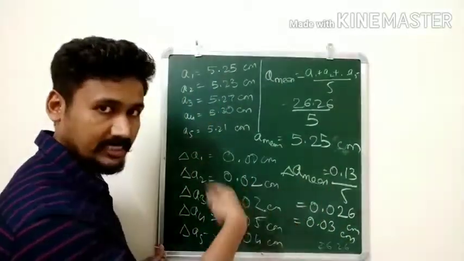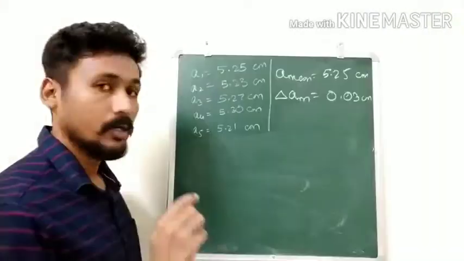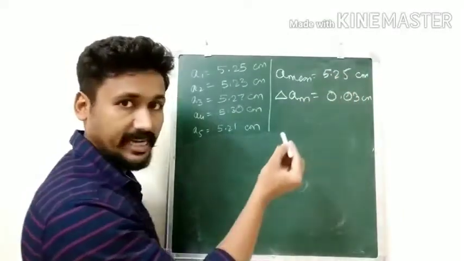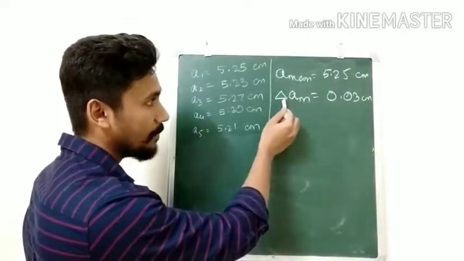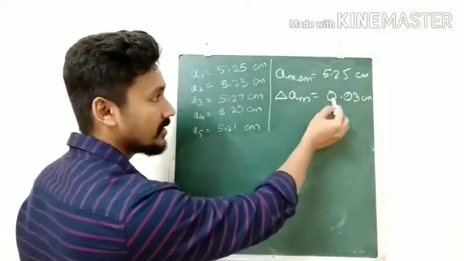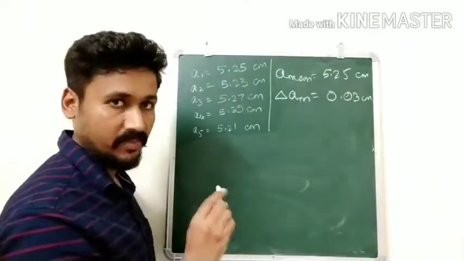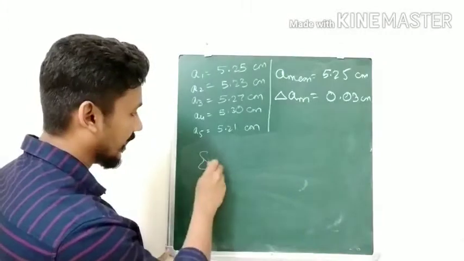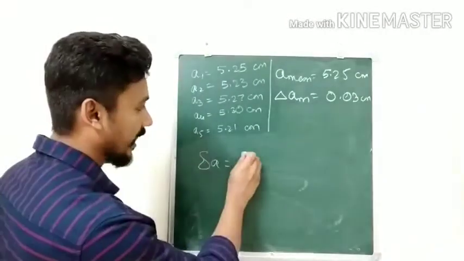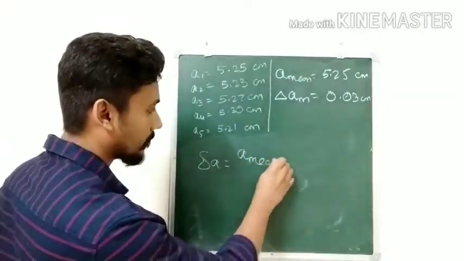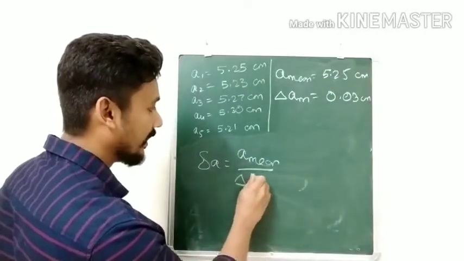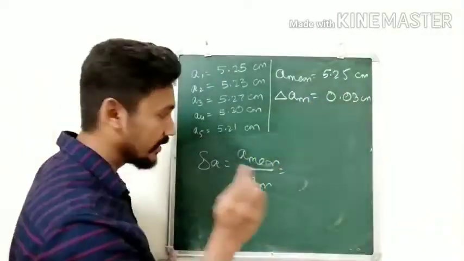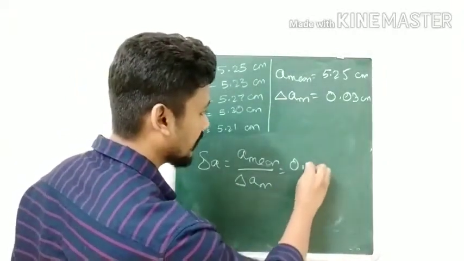Now make a note of this, then we'll see the next steps. Okay, so we have calculated the mean value is 5.25 centimeter and the mean absolute error is 0.03 centimeter. Fine. Now you can find the relative error, that is delta A. Relative error you will find as delta A mean divided by A mean. So that will be equal to 0.03 divided by 5.25. If you calculate, you will get the answer as